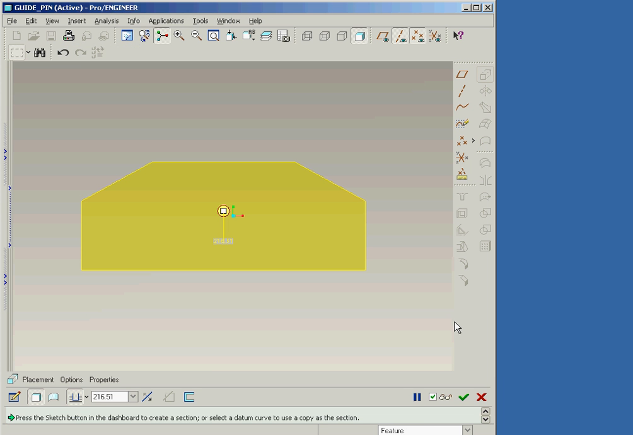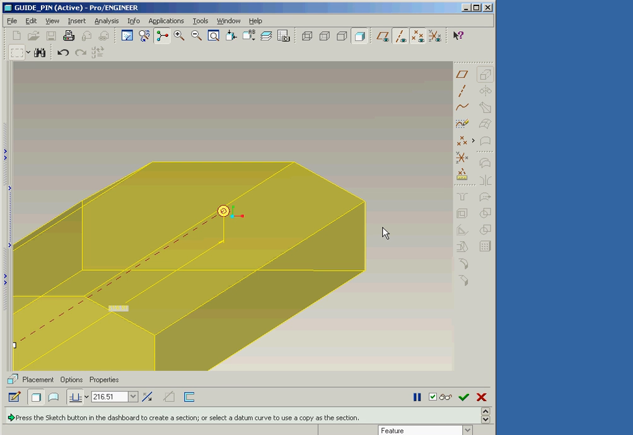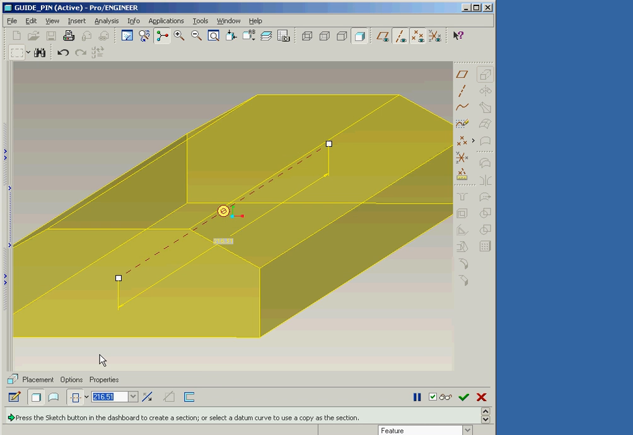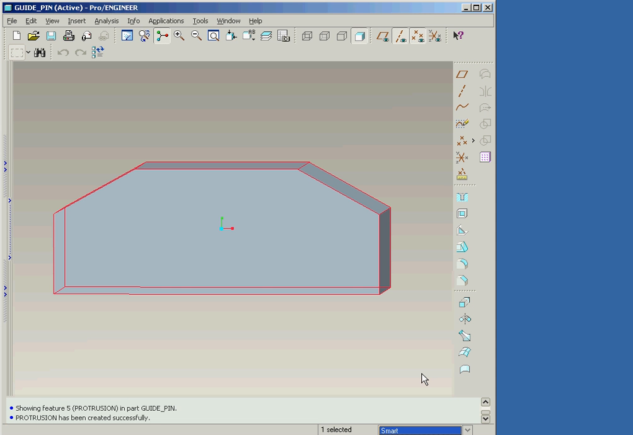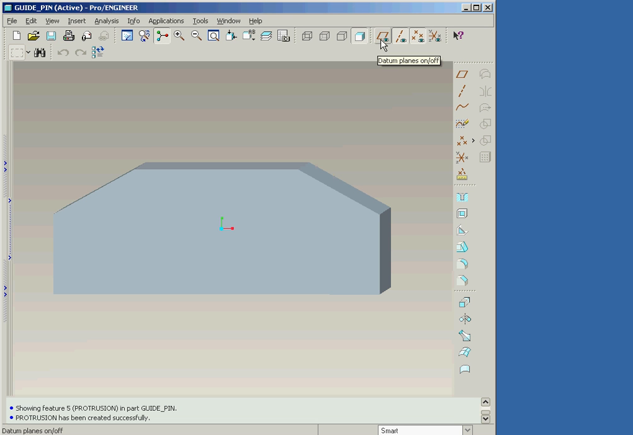And then, in order to improve the view of our protrusion, we'll now rotate the model. In the dashboard area, we'll change the extrusion direction so that it extrudes on both sides of the sketch plane. Next, we'll set the depth to be 10 units and then finally accept the feature. We will now add a revolved feature on the top of our base feature. We will start this process by again displaying the datum planes